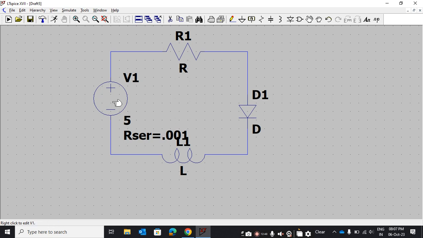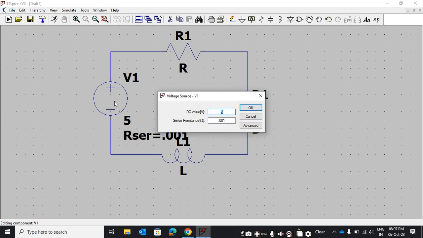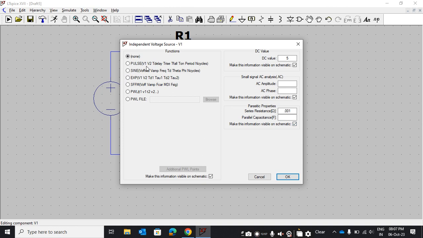This is a DC source. If you want to change it to a sine wave or other pulse, right click on this and go to advanced. Here is the option. None means it will be set to DC, 5 volt DC. If you want to set it to pulse, you have to select here and then put the parameters, like V initial, the initial voltage.